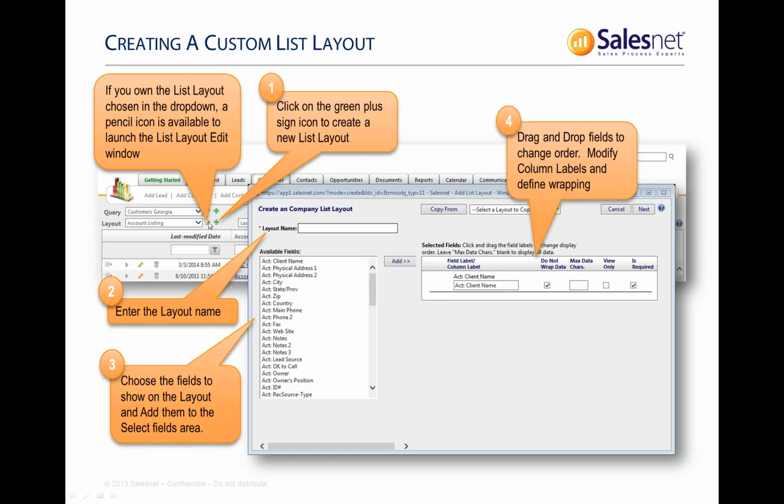Okay, and you can edit the layout from that point. Okay, and it walks you through the same screens. Okay, so now we're in the Add screen for layout. And when you add multiple fields here, you can click on them and drag and drop them to change the